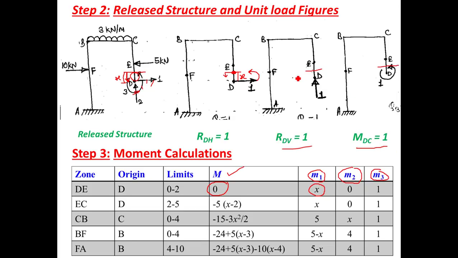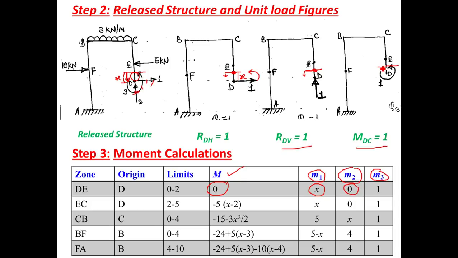Similarly, we are taking the section in the third figure. Okay, observe the lower portion. Is there any load? Yes, there is a point load, but it is vertical. A vertical point load passes through the same point where we are taking moment. So its moment is equal to 0. Okay, so in the M2 column, the first element is 0.